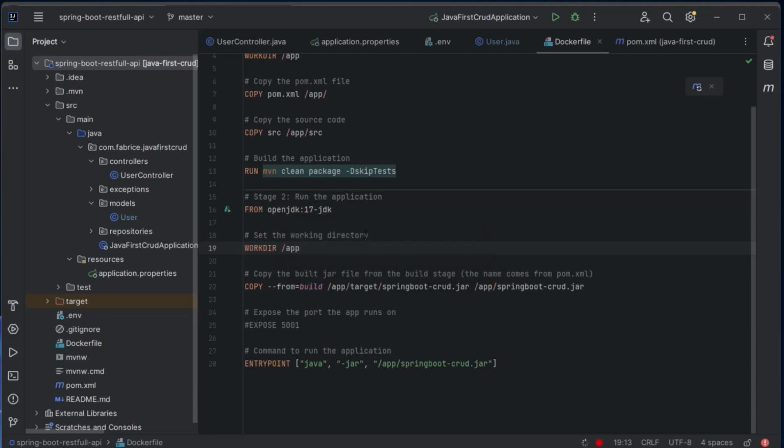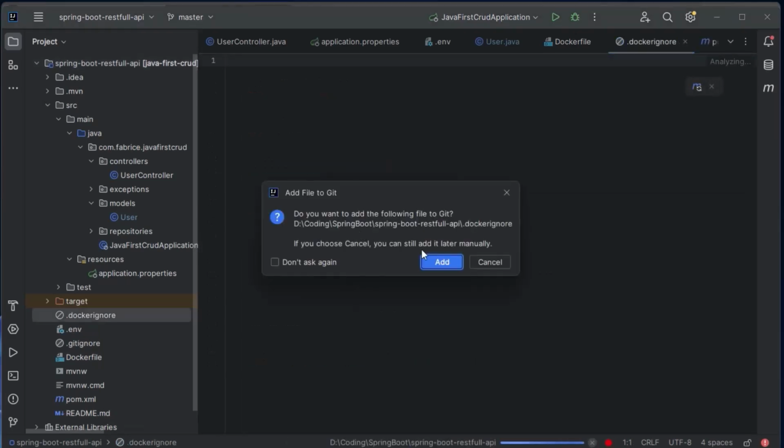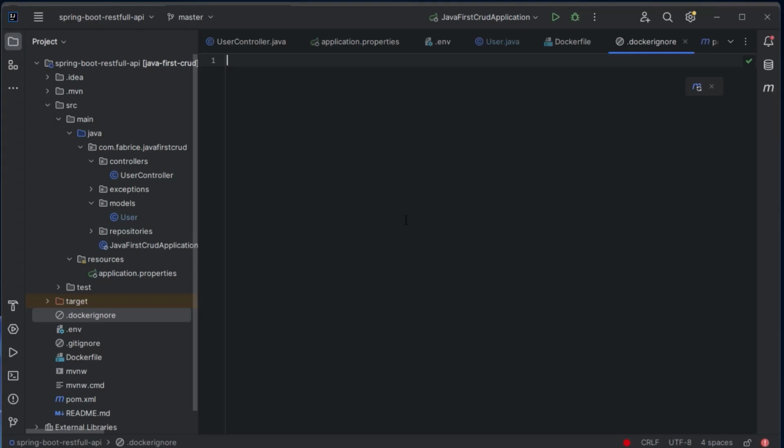Basically within this dockerignore file, we specify all the files that we don't want to include within our Docker image. The file that we don't want to include into our Docker image is this .env file. So let's just specify the file .env and save the file.